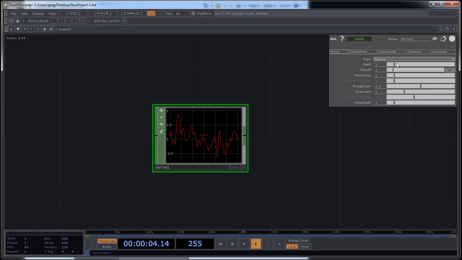The noise chop will allow us to create noise, so we can, for example, use sparse, Hermite, or different types of noise here. So if we stick with sparse, we can change the period here, so we can see how that's affecting the wave. We can change the harmonics, which will give it that sort of smoothness or that rougher look to it. The roughness will just sort of decide how jagged the peaks are, and the exponent will kind of decide how it moves exponentially, it sort of grows,